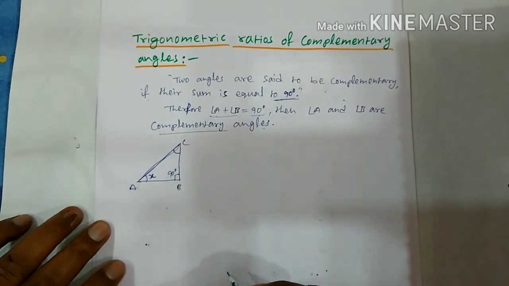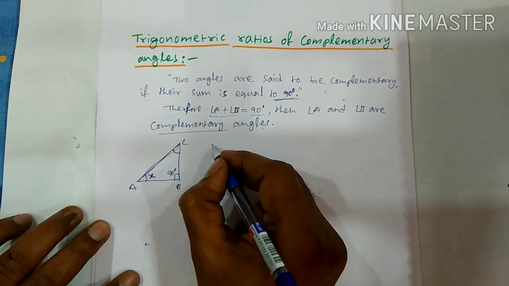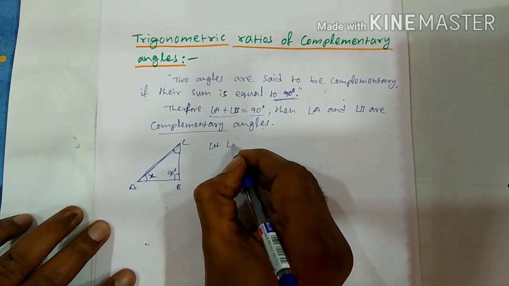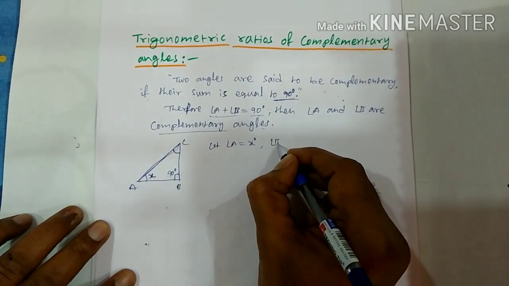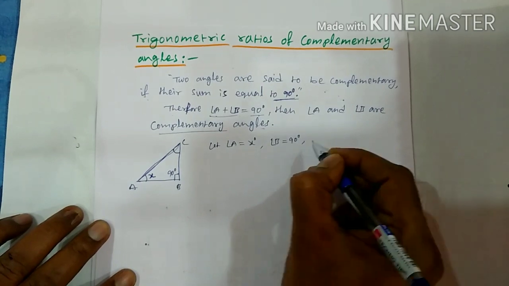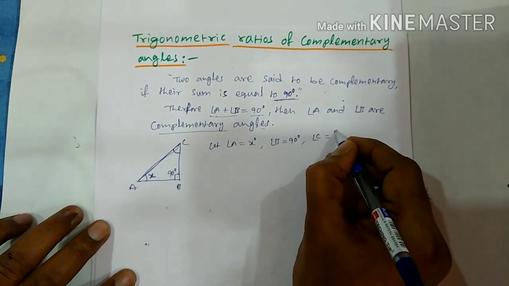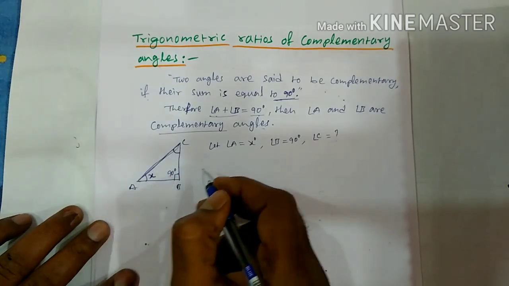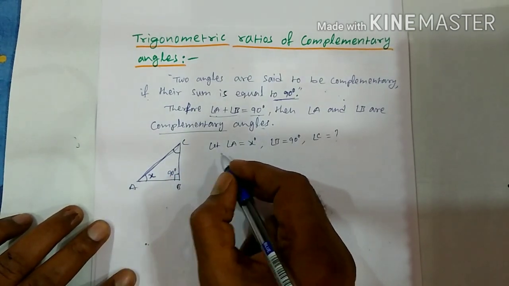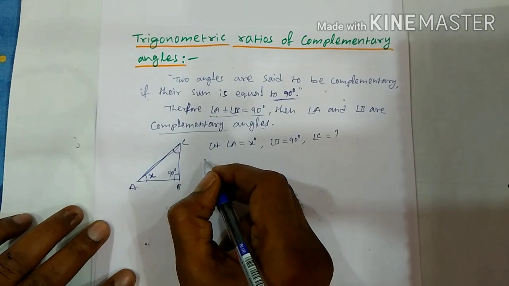Let angle A be X degrees, angle B is equal to 90 degrees, and angle C we need to find. The sum of the angles of the triangle